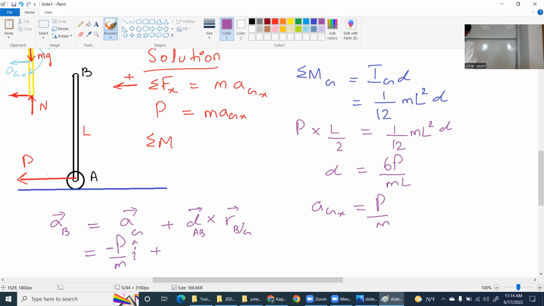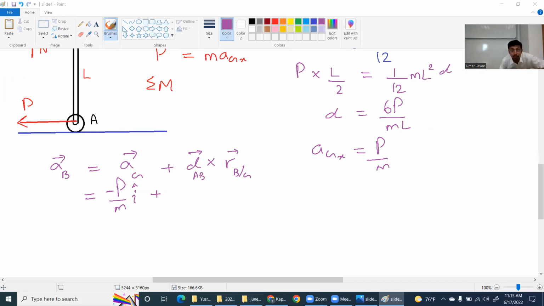And when I write summation M is equal to I alpha, 99% of the times I don't want to put a negative I alpha. We usually put the positive signs on the right hand side and then we adjust our left hand side. So if I am pushing something to the right, for sure the acceleration will be positive to the right. The force will be to the right. In this case, okay, I hope I have clarified this. Please let me finish. Okay, gentlemen, now we have minus P over M i plus alpha is